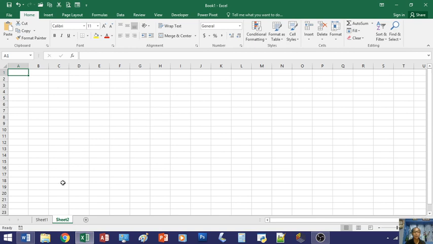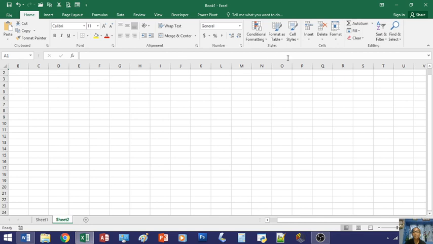And a workbook contains one or more worksheets. So you have the scroll bar. You are familiar with the ribbon, the title bar, the quick access toolbar, the window control buttons, and of course